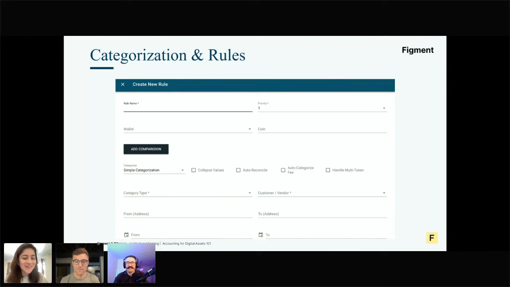And so you have these wallets that maybe don't have great wallet hygiene in the beginning. And so the accountants, again, have to put on their detective hat and sort of disentangle all the historical transactions that have happened. And so what Figment did on the categorization and the rule side, it was a little trickier for us because Figment was started in 2018, and we're just starting this process now in 2022. So that leaves almost like 4 years of data that we have to go through